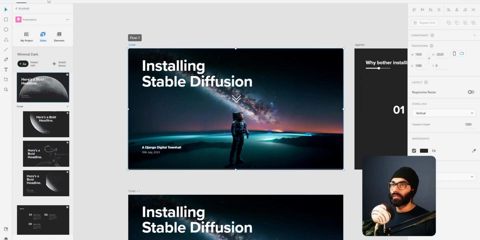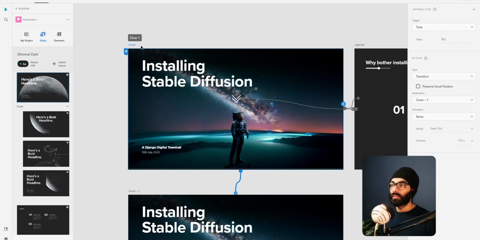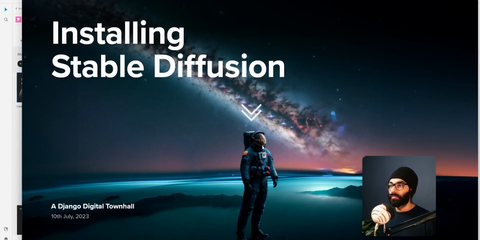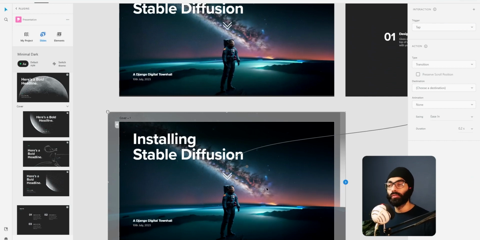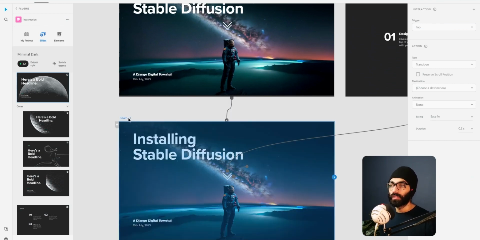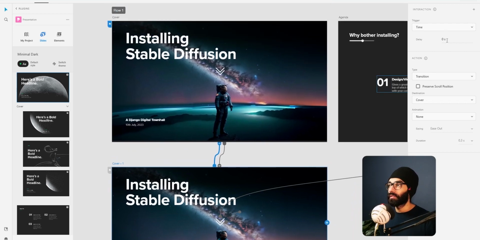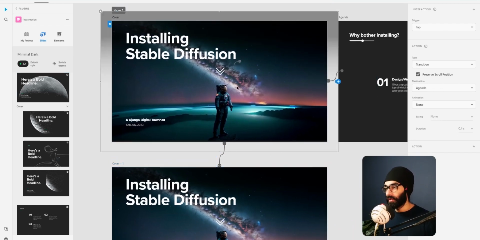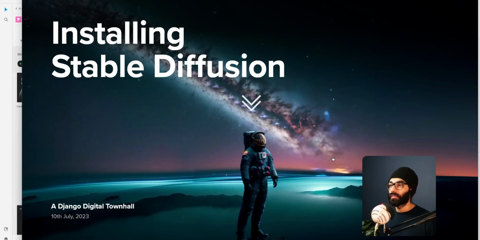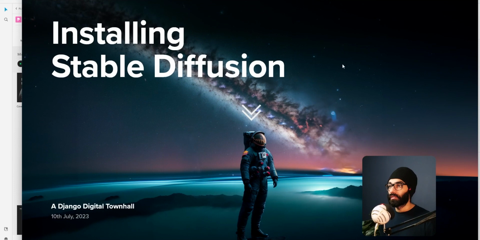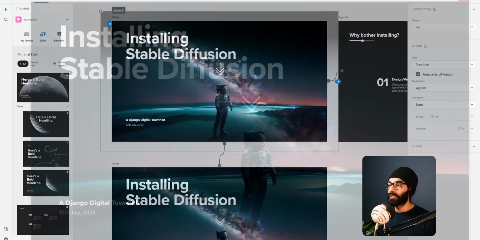Oh, I forgot, for the loop to complete you have to go back from this to this again. So just do this and set it to time and everything will be the same. And now if you do Control Enter, okay, you can see it's happening, but it's happening very fast.